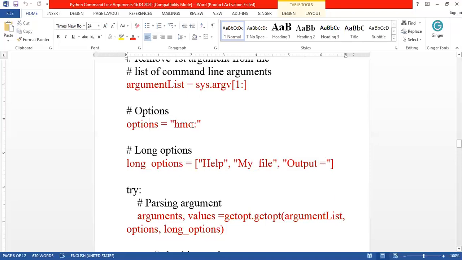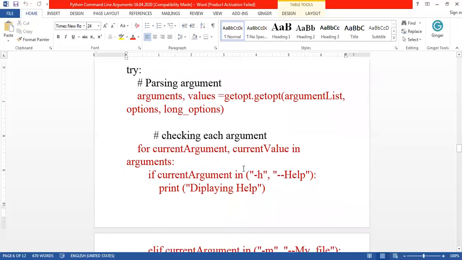So in options we use a colon for taking values, and in long options we use the equal to sign for taking values. These are the three parameters required by the getopt function. So using the getopt module's getopt function, we pass the list of arguments, then options, and then long options.